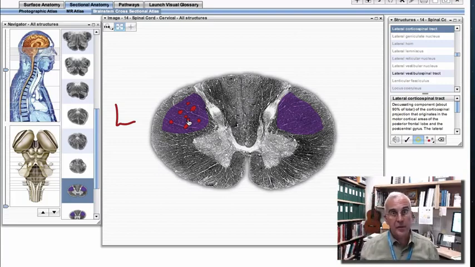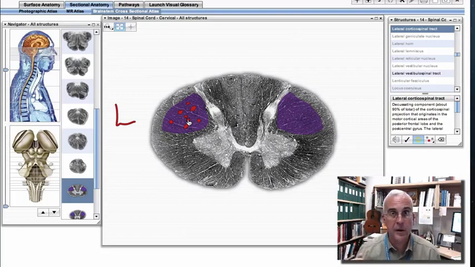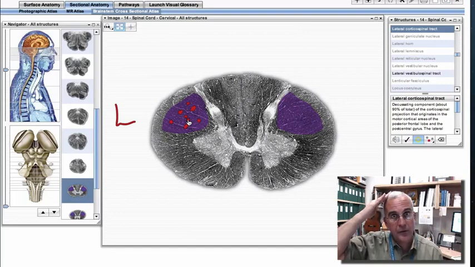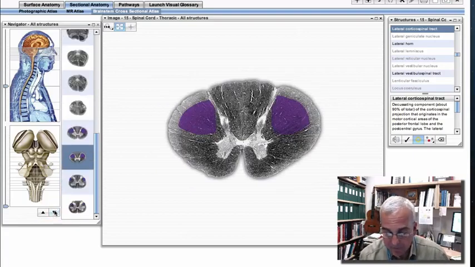Now, we're talking about the lateral corticospinal tract here, so one could even be more specific and say, well, in at least the center or the medial part of the motor cortex, not the most lateral part, because that would be related to the brainstem and the corticobulbar pathway. The corticospinal pathway would be from the middle part of the motor cortex and then on medial through the paracentral lobule. Okay, so there's our lateral corticospinal tract, and we can follow it all the way through the spinal cord,